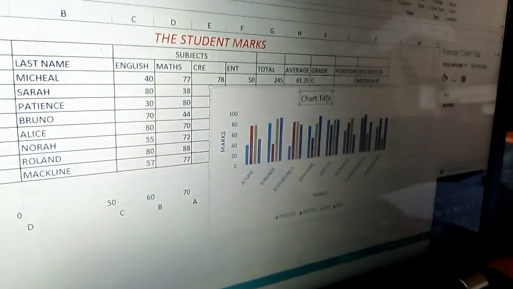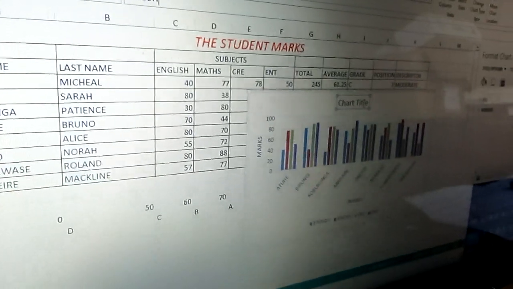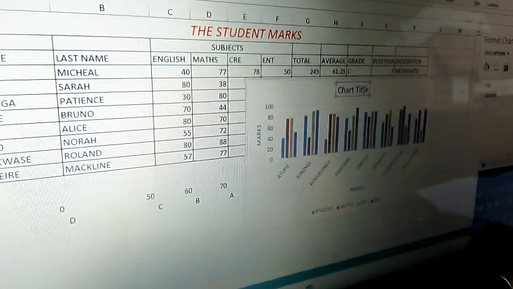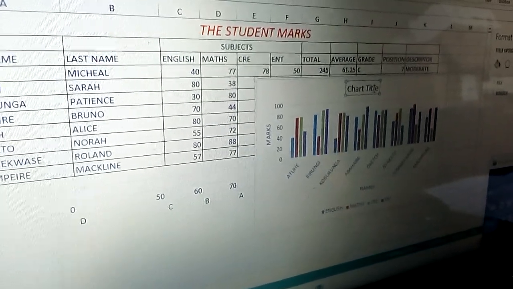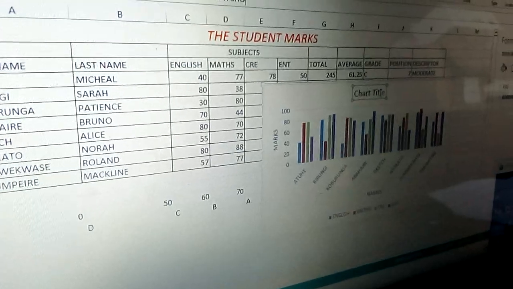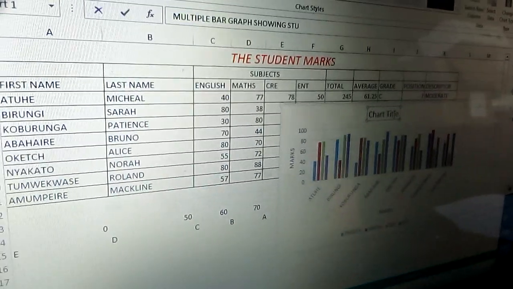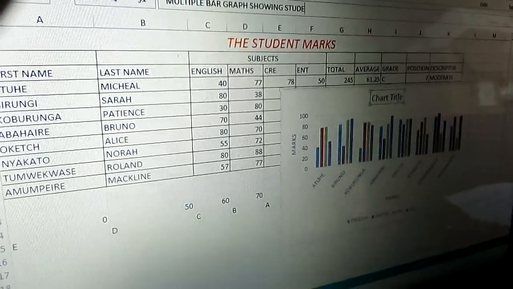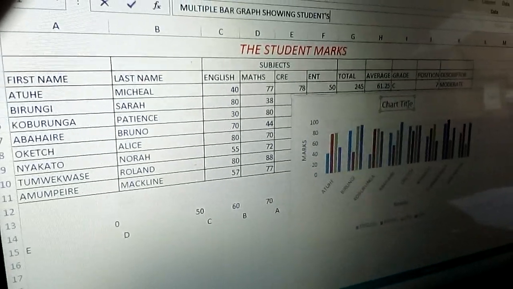You can have, for example, a multiple bar graph showing students performance, and put, for example, this one.